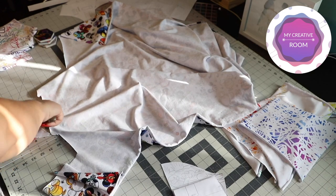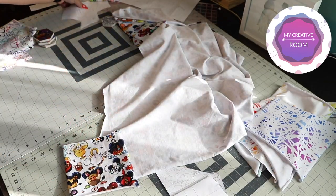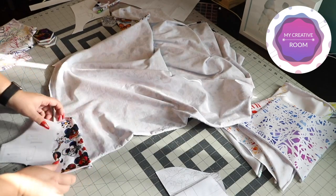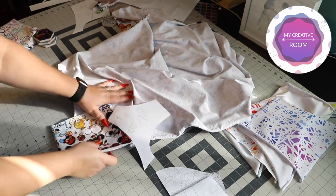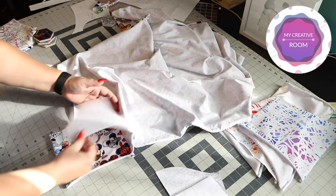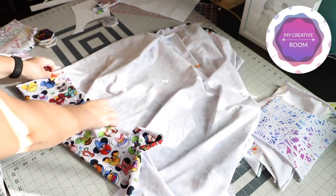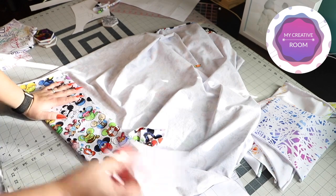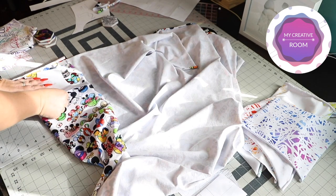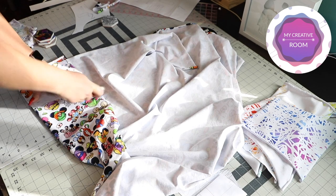Now we're going to go ahead and cut the front color blocking, because I said I want to do that with I Spy. This way it will be on top of the panel. Let's see if I can squeeze it in this little piece. If not, I'll have to change it. Nope, no luck. All right. Alrighty, perfect. So this is my front, and then I'll try to see if I can get the back with